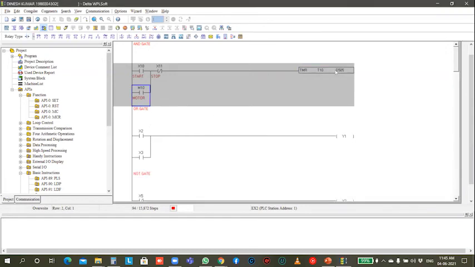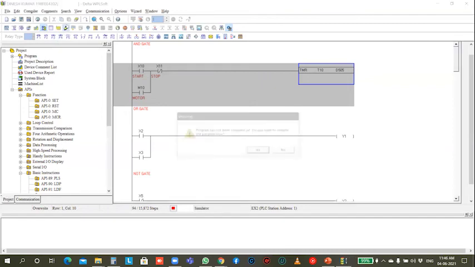D505 means it's a memory allocation box, a data register. We can send any data here, for example through communication, into the D505 box, and the data will be pasted in the D505 timer only. But K50 means a 10 ms timer, so K50 means the timer is about 5 seconds. D505 is nothing but a memory allocated box. Now there's no timing here. We can put the time here.